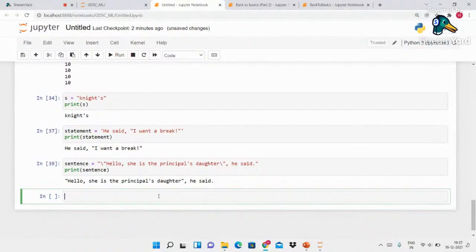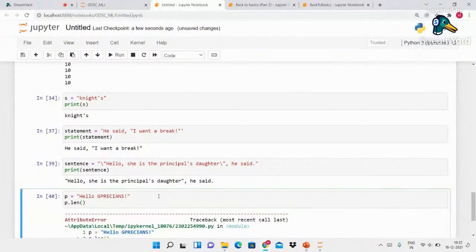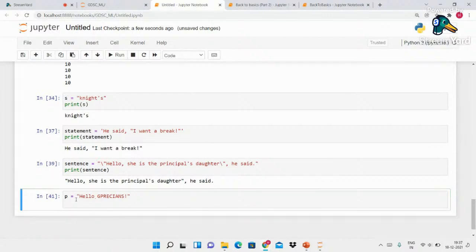Let us say, what do we take the name now? I'm running out of ideas to name the variables. Okay, so let us say something like P. This time I'm taking P. So P is equal to "Hello GPRECs". Okay, so now I can call,